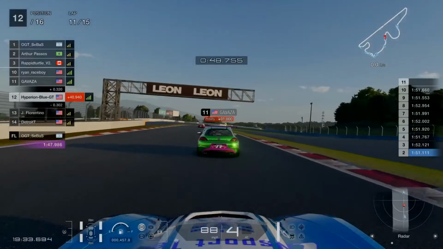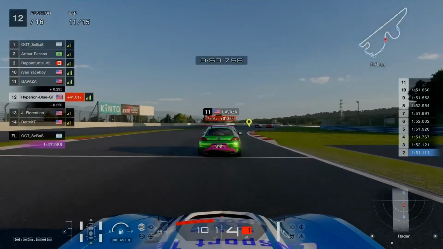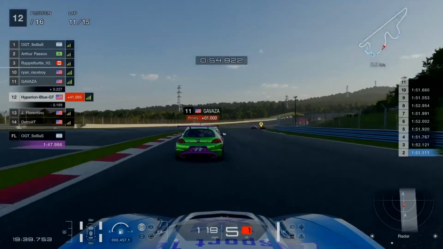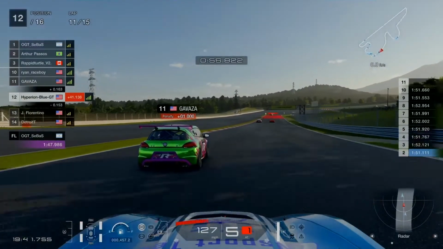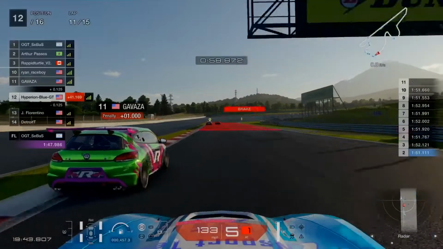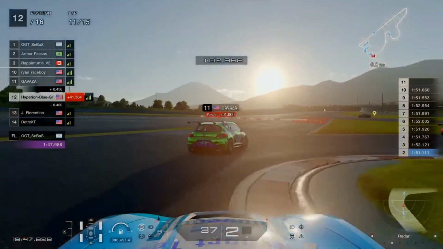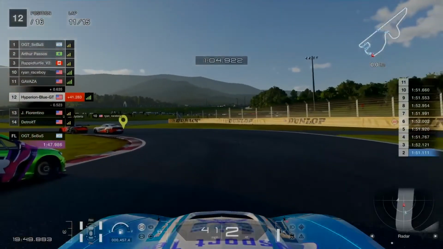0.3 seconds to go. Gabasa is now switching up to go on hard defense to stay in position number 11 before Insportec will have to go offense. It's about to get tough. Hard understeer goes on